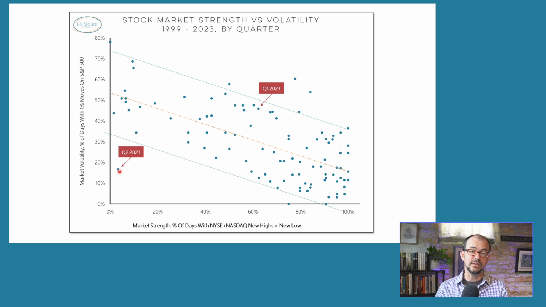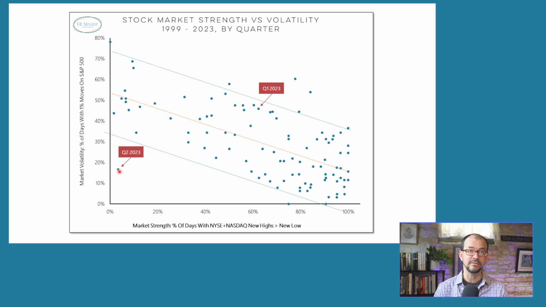What we're seeing from a strength perspective in the second quarter is more similar to what we saw for most of last year, where you consistently saw more new lows than new highs. We're at 31 days in a row coming into today, Thursday. That might change depending on how things finish this afternoon. But still, this idea of persistent weakness beneath the surface, even as the indexes push up against resistance, or in the case of some of the large cap NASDAQ 100 type indexes, break out to new 52-week highs.